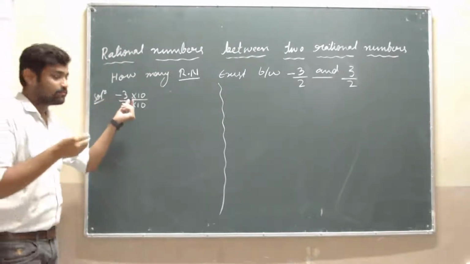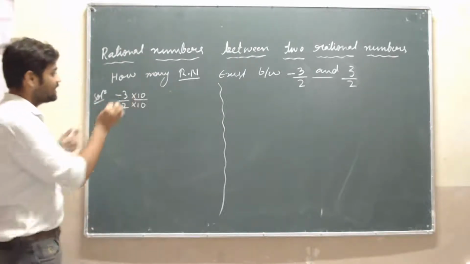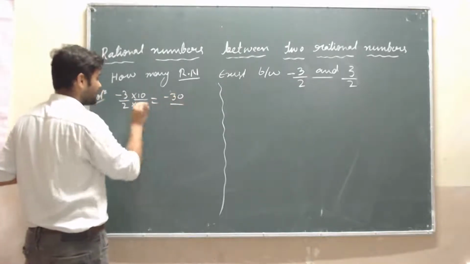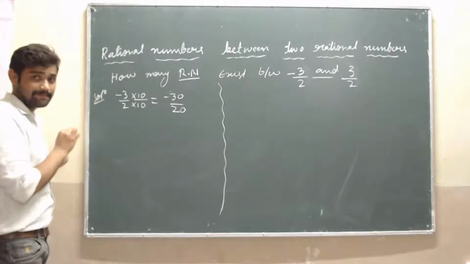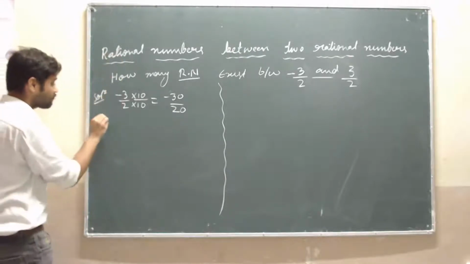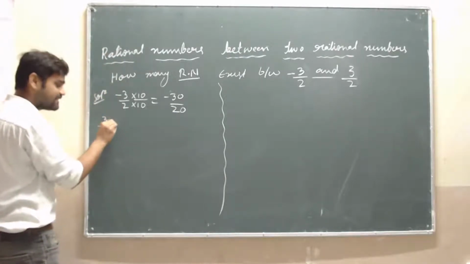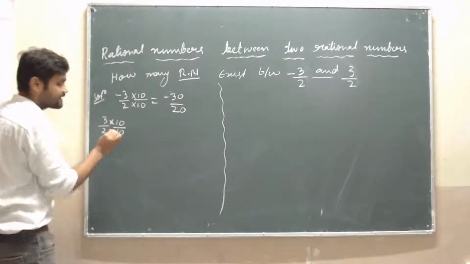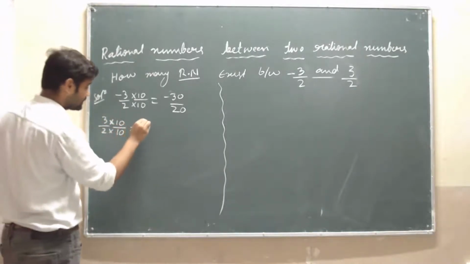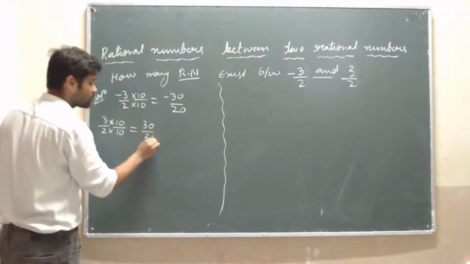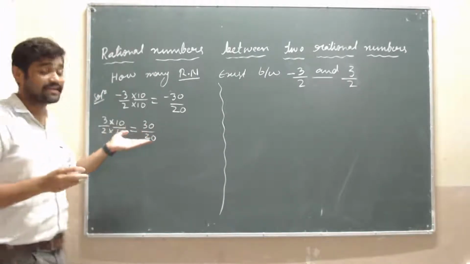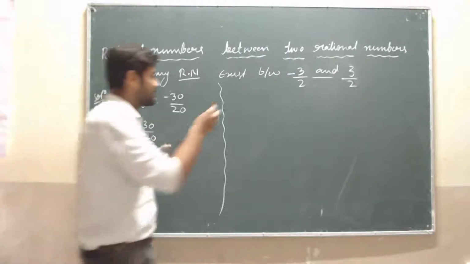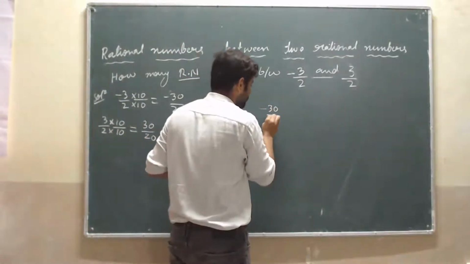Just first for introduction, I will multiply and divide by 10. What will it become? Minus 30 by 20. Is that it? Yes. Then what about plus 3 by 2? Same as this, I will multiply and divide by 10. What will it become? 30 by 20. Now tell me how many rational numbers will exist between minus 30 by 20 and